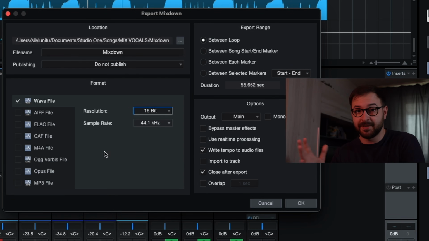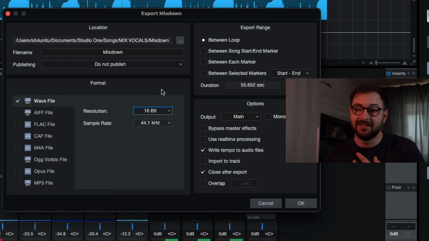Now think about it this way. Let's say you want to write a story and you're using A4 pages. The bit depth will say that you are allowed to use a certain number of words or letters in a page. So the more words you can fit in a single page, the more details you can fit in that page about the story or about a character or something like that. And it's going the same way as here. So the more information you can fit in the same file, in the same page, the more information you have to work with. It also dictates the overall quality of the song when you export the final project,